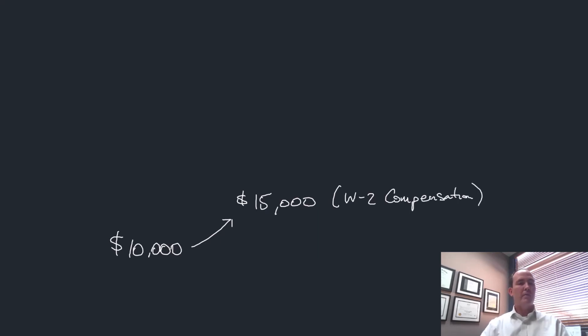Now, something I want to make you aware of is, by the way, once that restriction is lifted, then I can do what I want with the stock. I could sell it, I could hang on to it if I want to, and my tax basis in that stock is $15,000. Any appreciation above $15,000 would be taxed as a capital gain when I sell.